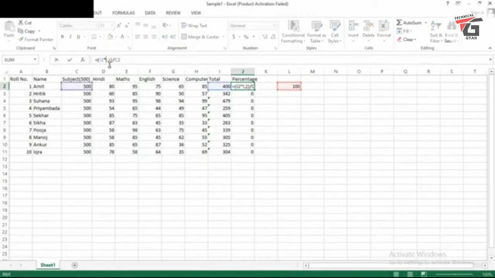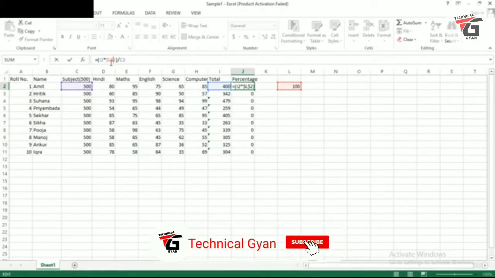So I am going to fix the value for L2. Whenever this formula is dragged to some other cells, the value of L2 will remain the same. L2 will never become L3. For this we have to prefix a dollar sign before the column name and before the row number. So this is how we can set a cell reference to an absolute cell reference.